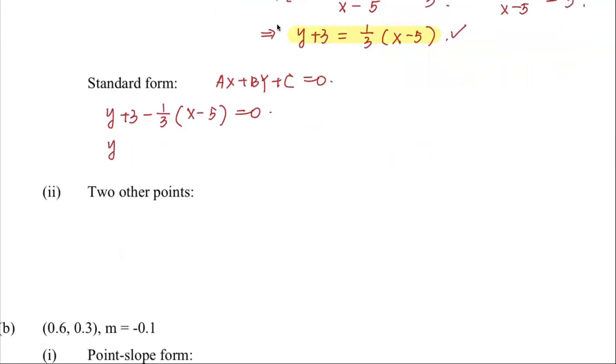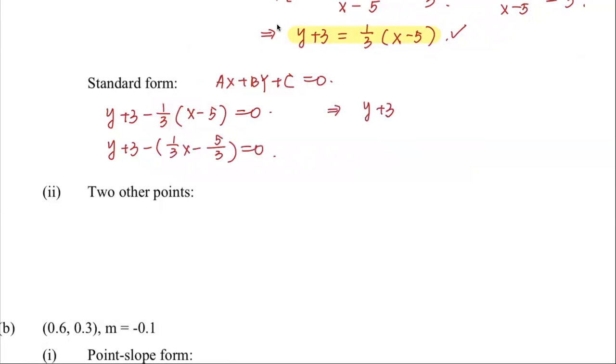Okay, so y plus 3 minus... let's not open the brackets yet. Let's factor the coefficient in the brackets first. So minus 1 over 3x minus 5 over 3 is equal to 0. So this step, I basically use the distributive rule, right? Multiply this and multiply this. Okay. And this gives us